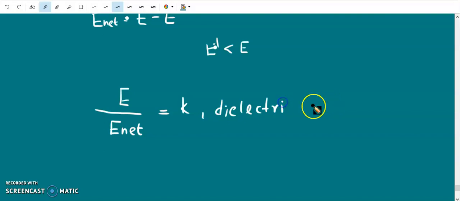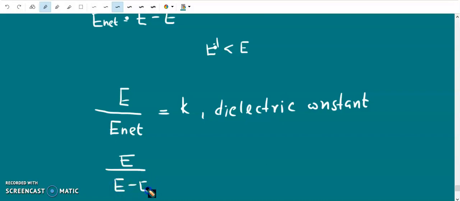So the dielectric constant is the applied electric field divided by the net electric field, which is equal to E divided by E minus E prime, where E prime is the induced